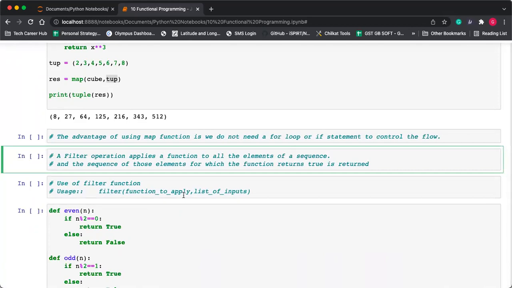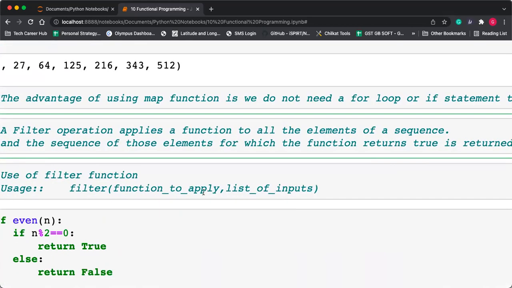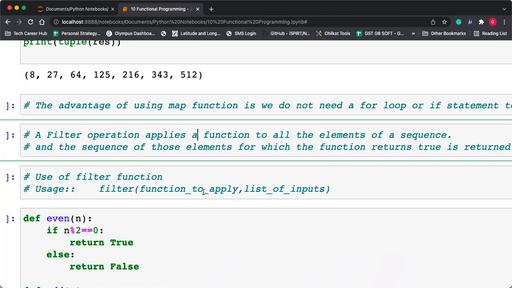Now we'll see the next function, which is again an advanced one, the filter function. Now what is this filter? Last time we did filtering in a comprehension. We were generating a list, and while generating the list we were using some condition. We wrote for and also if. Here also, suppose there is an existing list and you want to filter out some elements, you want only some elements to get filtered out. So yes, you can use the filter function.